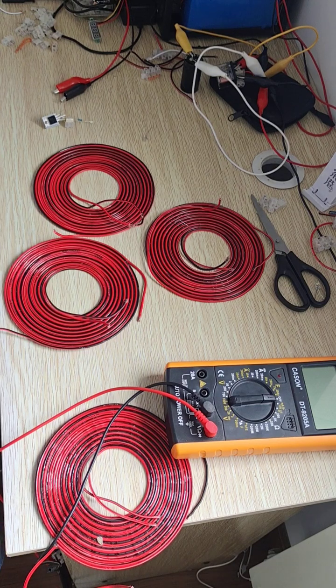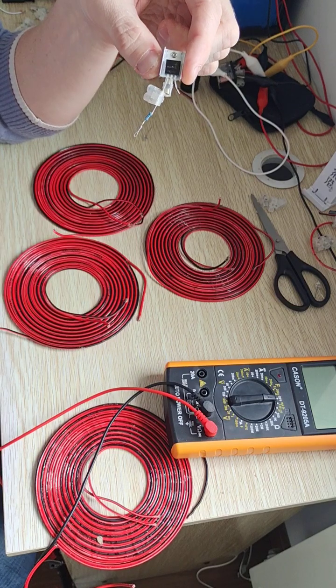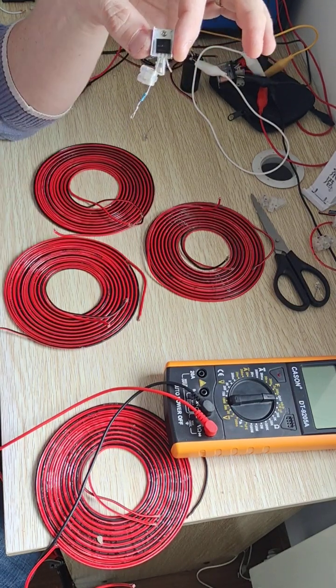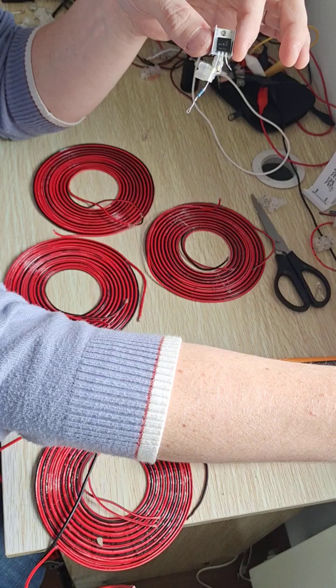Not what today's about though. So this is part 2 of the pancake coil exploration, let's call it. Still with my TIP31, and just for consistency I'm keeping the 1K on there. I think it regulates the speed of the switching in some ways. If you really want to get into it, you can use a 2K